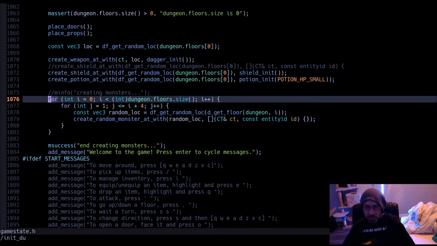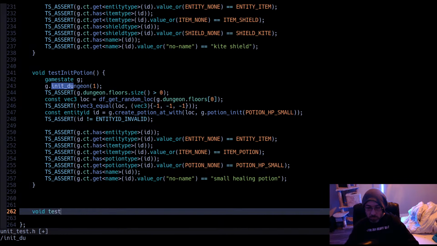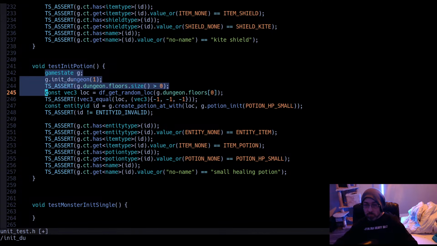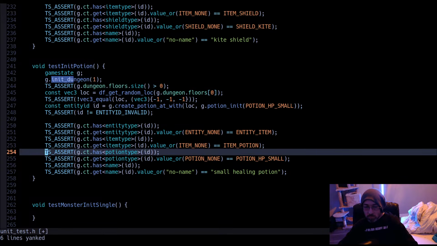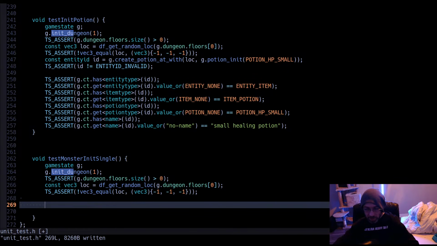So now with monsters, right? Like if we create one random monster, we would have to do some sampling on the tile itself, for instance. So we start by getting a random location.